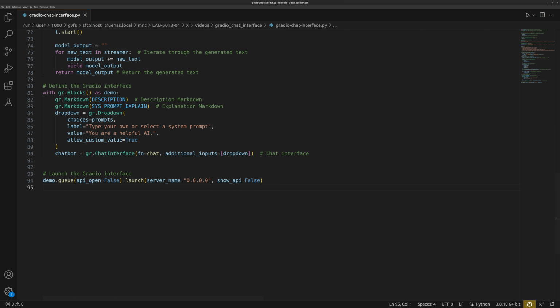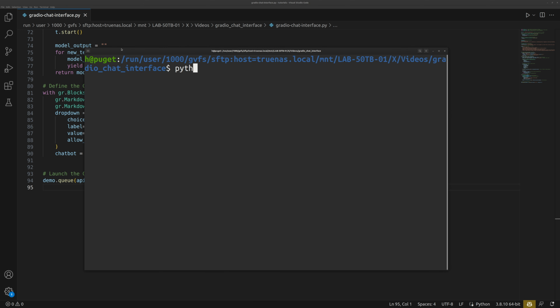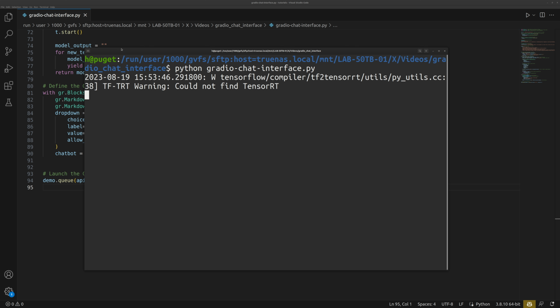Then all we do is build the UI on top, which passes in those descriptions, makes the dropdown for the system prompts, and then adds the chat interface element that's powered by the chat function, and bing, bang, boom, we have our app. Okay, and up to this point, you can use it just fine like this, provided it fits into your memory, either on CPU and RAM, I'm sorry if that's you,